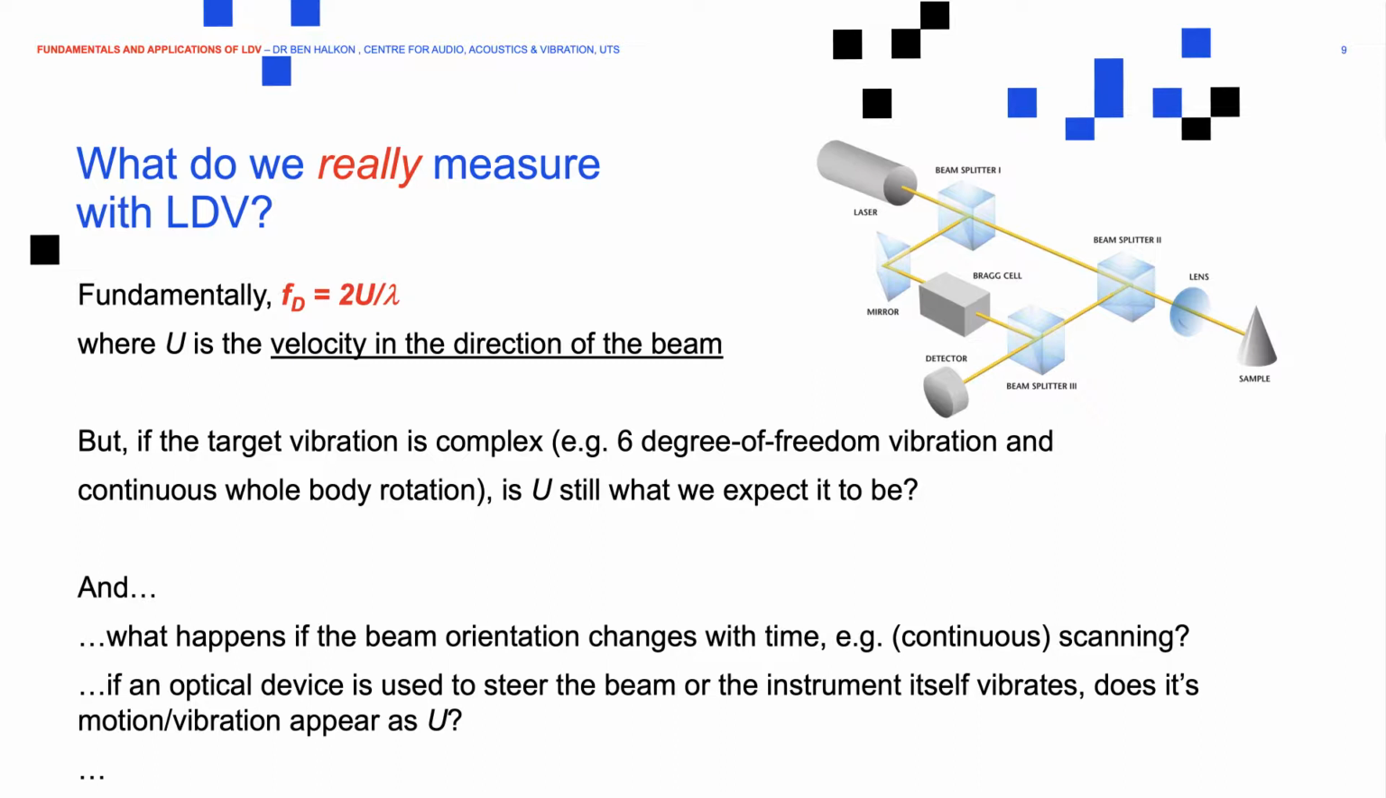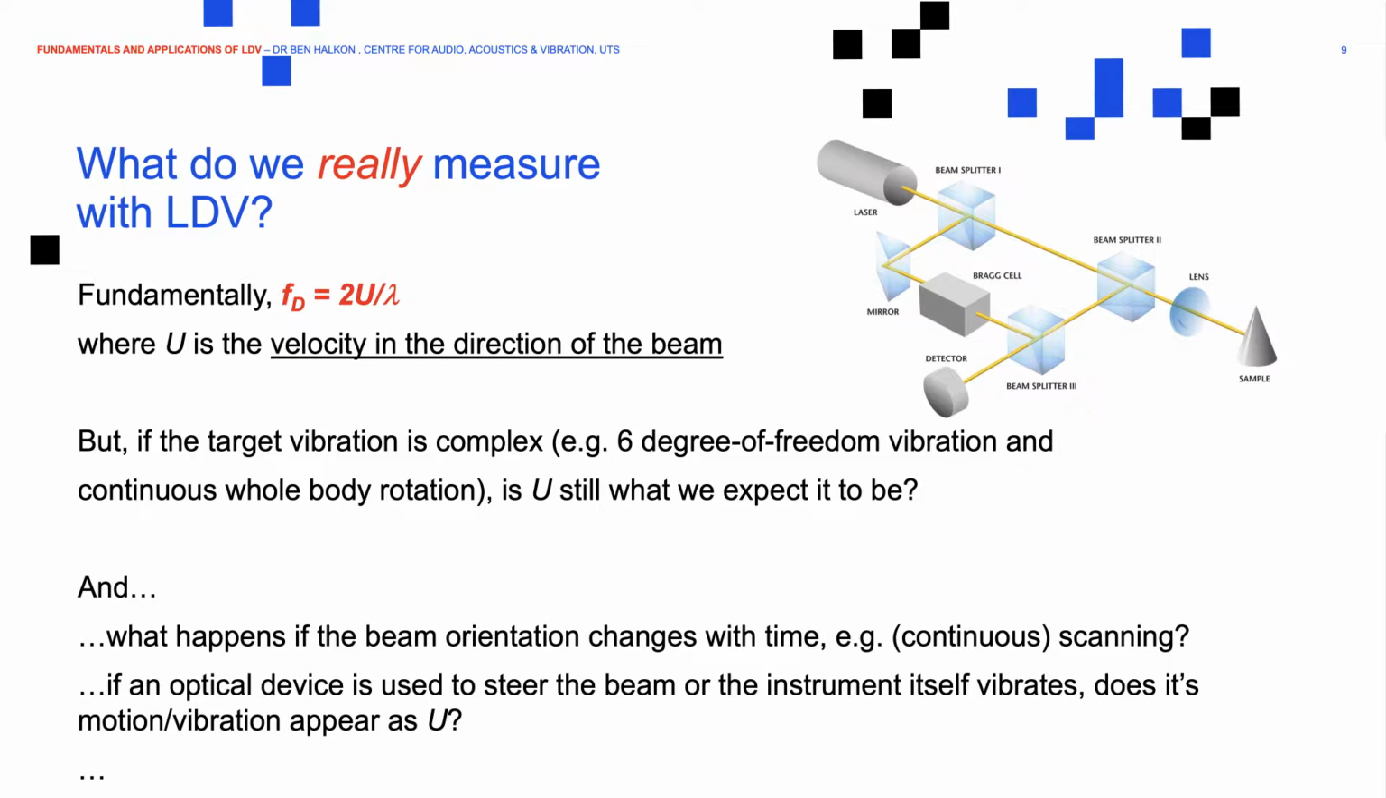But if the target vibration is complex, i.e. it's got 6 degrees of freedom of vibration, and maybe it also has some whole body vibration or rotation, is this thing that we measure still what we expect it to be? And I've done a lot of work historically around trying to understand how or what it is that we're actually measuring. So we've developed vector-based mathematical algorithms that describe the nature of the measurement,